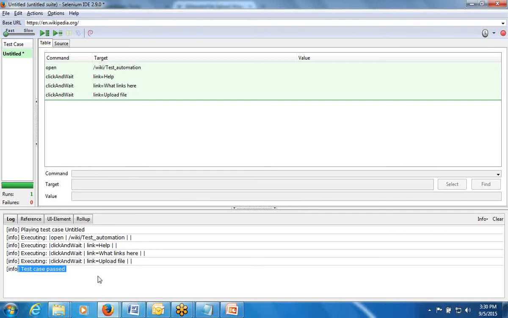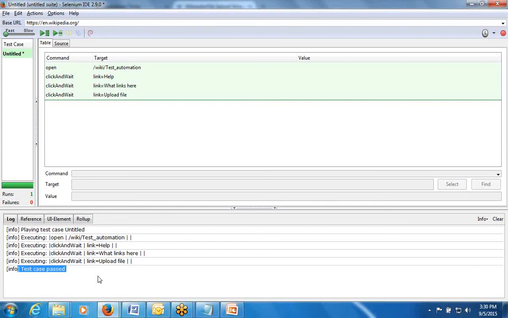Already woke up. Great. So as I said, the first point, Selenium IDE allows you to record, playback, edit and debug. This edit and debugging you can do in Selenium RC, and even we can do it over here, but this is not so user friendly. That is the reason people won't prefer to do this here. So directly they will go for RC. In the RC, they will do the debugging or whatever they want to do over there.